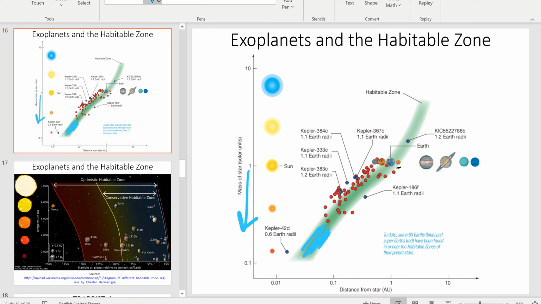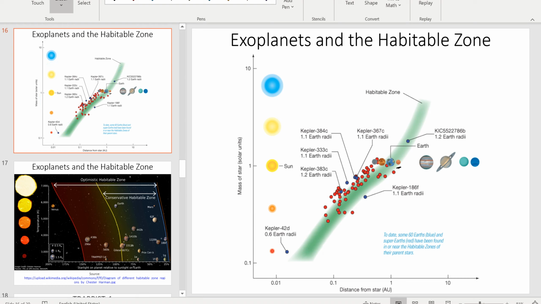And the reason is that very low mass stars, like red dwarfs, don't put out a lot of light. And therefore, in order to have liquid water, you have to be closer to the star. On the other hand, if you're orbiting a blue giant, then you better be far from the star, because blue giants are tremendously hot. So that's the reason why this green habitable zone is of different distances for different stars. And you can see that some of these planets are actually right smack dab in the middle of the habitable